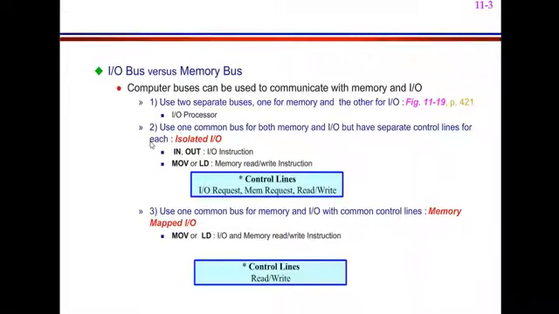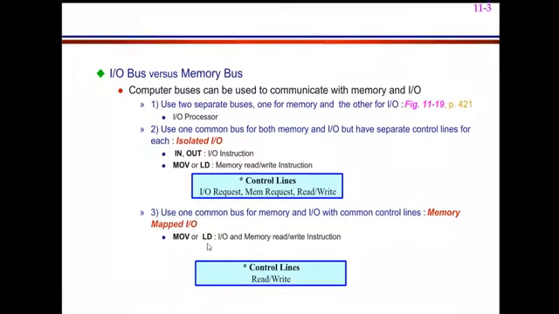Like you see here, same thing. For IO, we'll be using input and output instructions for read and write operations, whereas for memory accessing, we'll be using an instruction called move or load to read and write from the memory location. So we are going to have two different memories in the isolated IO, whereas in memory mapped IO, only a common memory address and common bus is there for the memory as well as IO. And there is only one instruction for both things, move only. So that is the thing about memory mapped IO. This you need to write for this question.